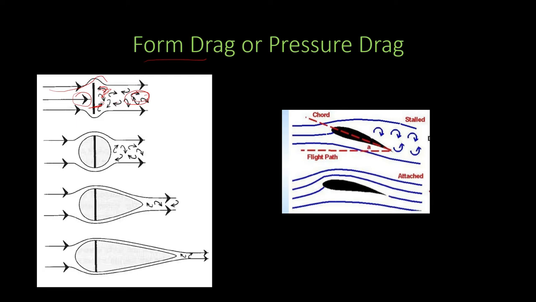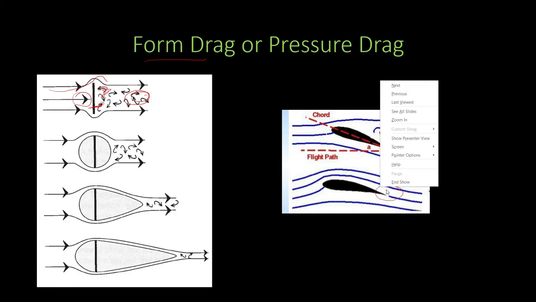So if we have a ball instead of a plate, the wake will be smaller and this pressure difference will be lesser. So we'll get a lesser form drag. And if we further streamline and keep on streamlining the object, we'll get a very small wake and the form drag would be reduced. But this does not mean that form drag is zero, because we are using airfoil shapes in an aircraft. As the angle of attack increases, the wake behind the airfoil also increases and the form drag also increases. So if the flow is attached, there is no wake, then there is very little form drag.